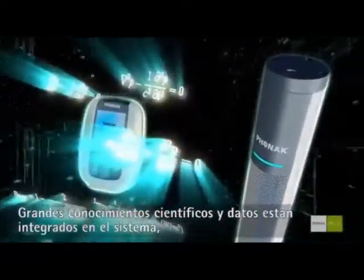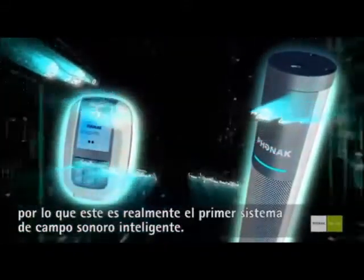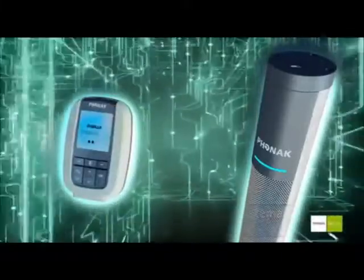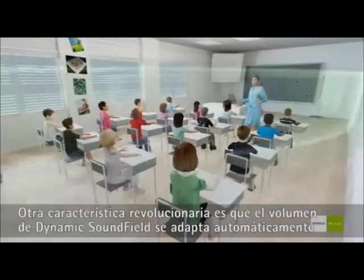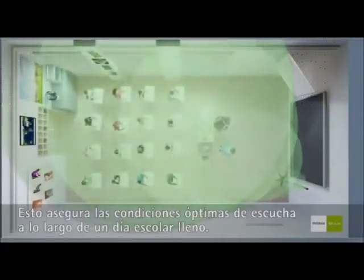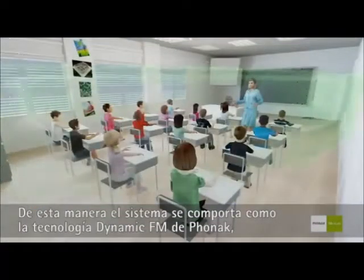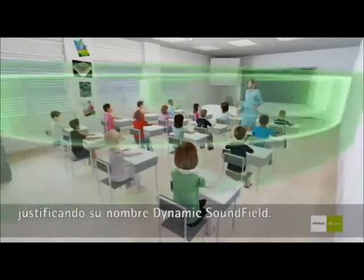Vast amounts of scientific knowledge and data are embedded in the system, making this truly the first intelligent SoundField system. Another revolutionary feature is that the volume of Phonak's SoundField system adapts itself automatically to the level of the background noise in the classroom. This ensures optimal listening conditions throughout a busy school day. In this way, the system behaves just like Phonak's popular dynamic FM technology, which is why Phonak's system is named